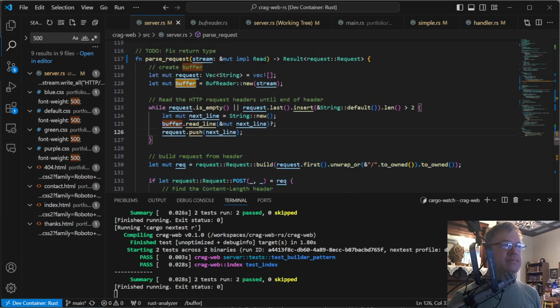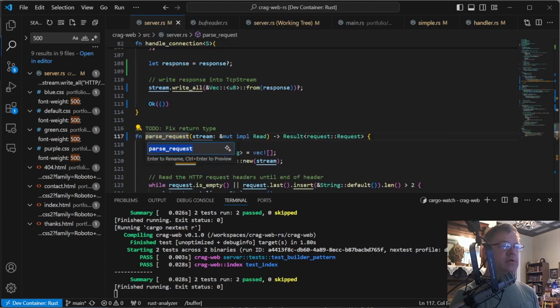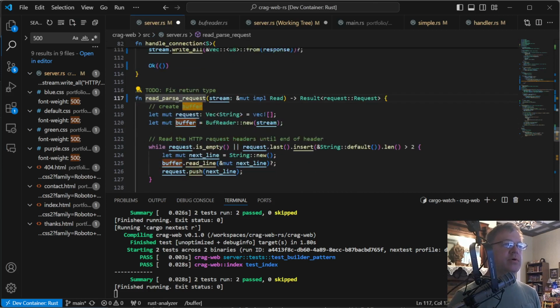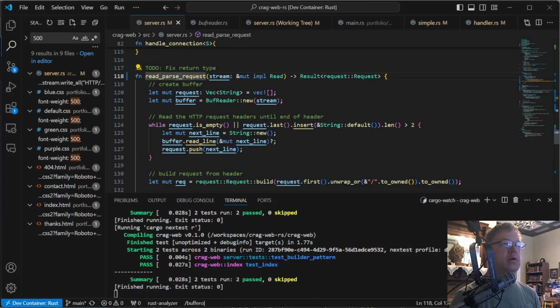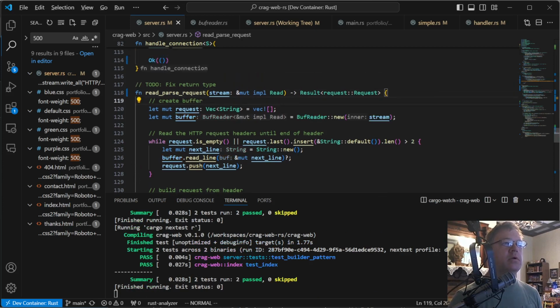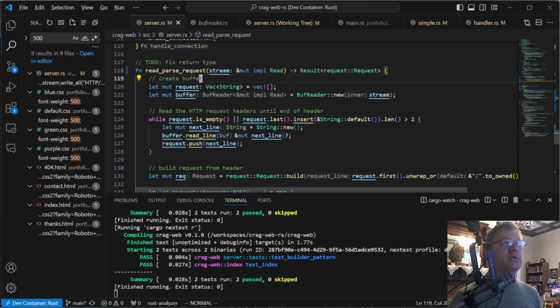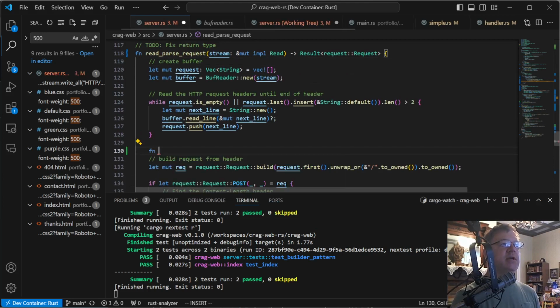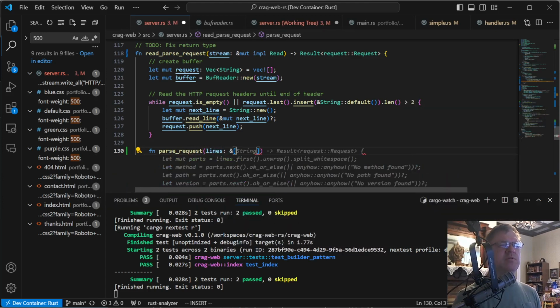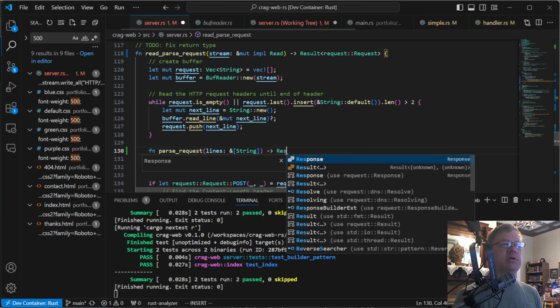So I'm going to refactor this a little bit. I'm going to call this read and parse request. And here, so buffer request is a vec of strings. So in this case, let's add an fn parse request, which takes lines, which is going to be a reference to an array of strings. We can even make that more generic, but